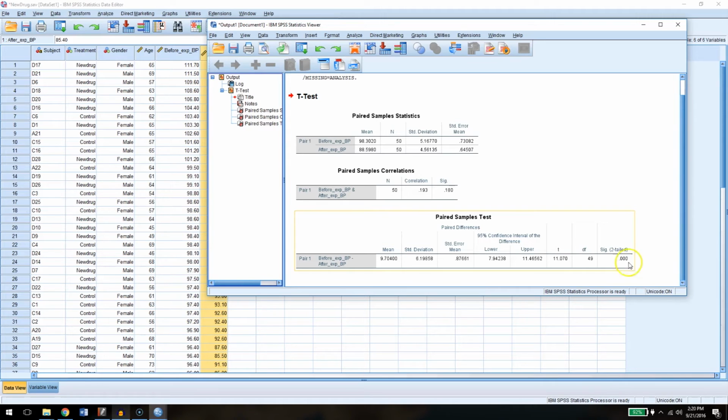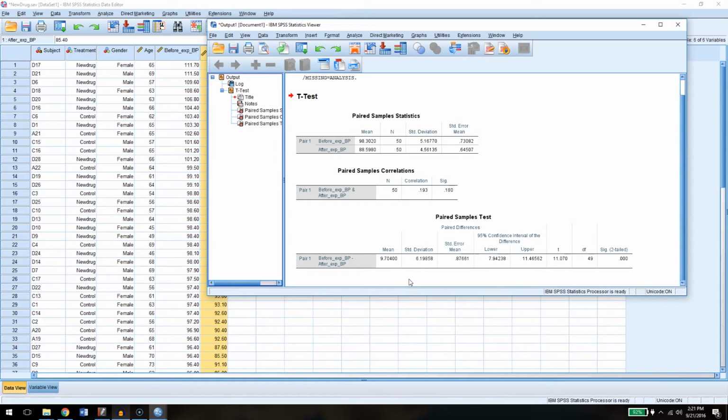But because our p-value is so small, it means that it's very unlikely that we would get a number this big as the difference if in reality this drug had no effect. If in reality there was no before versus after difference, it would be very unlikely that we'd see a difference this big. So we reject that null hypothesis, and here we have some evidence that there is a significant decrease